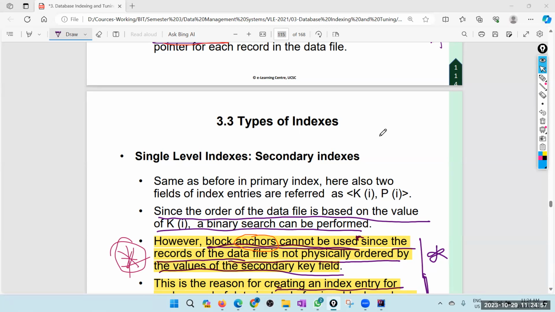The clustering index can also be sparse index, because we are just keeping one entry per one value. So that is if it is not unique. Of course, if it is unique, that is a different story. Right? Then it is a different story. But when it comes to secondary indexes, now it must be